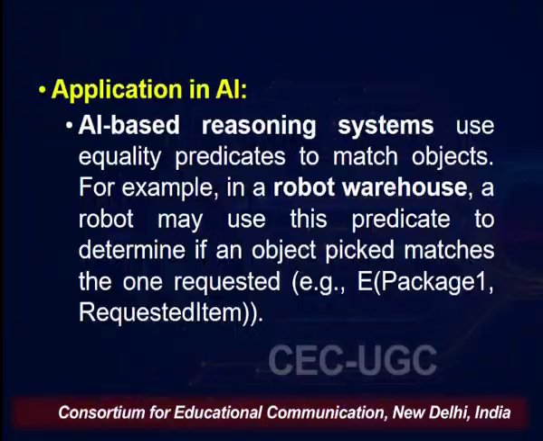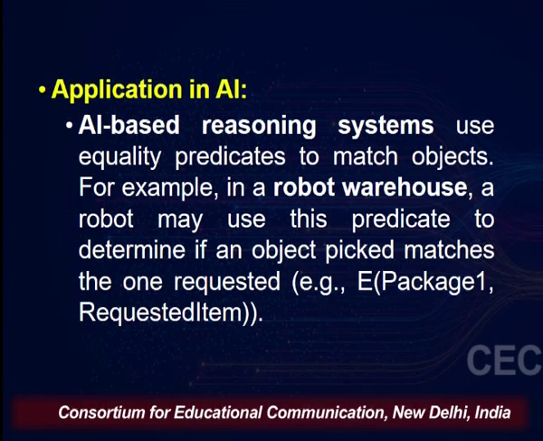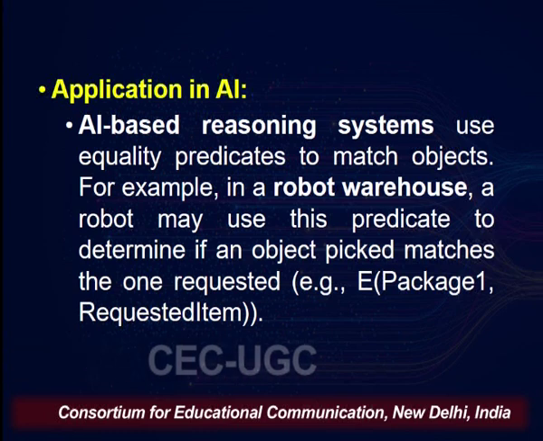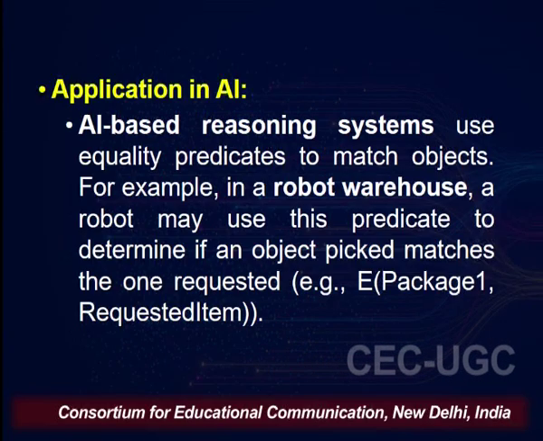Now, if we look into the applications where this equality predicate or something of this sort can be used, in all AI based reasoning systems, these reasoning systems use equality predicates to match objects. So, for example, in a robot warehouse, a robot may use this predicate to determine if an object picked matches the one which is requested. That means equal(package 1, requested item). So, if package 1 which the robot has picked equals the requested item, you can go ahead, otherwise you need to